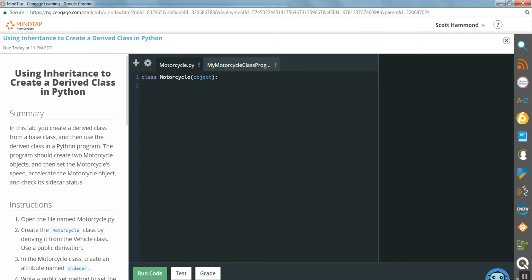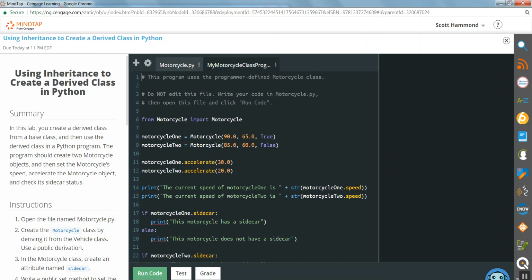We'll come down, we've got the colon there. We'll come down to the next line. Let's go ahead and set up a function to initialize this thing. A couple of underscores, INIT, a couple more underscores, open and close parentheses, and then we'll have our colon. Now, this initializer, we think back to what we saw here. When we actually construct this, we've got to pass 3 values. Max speed, speed, and the third one